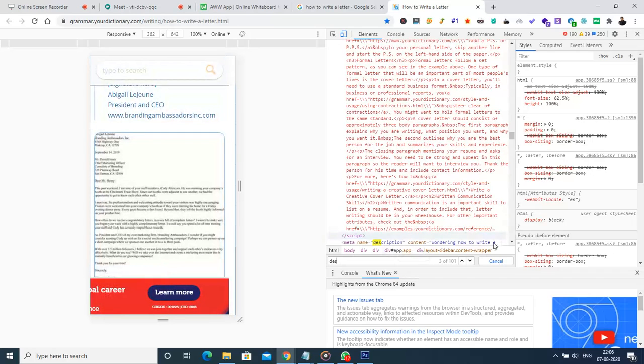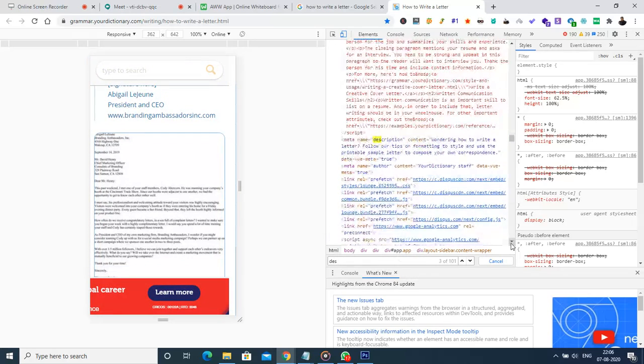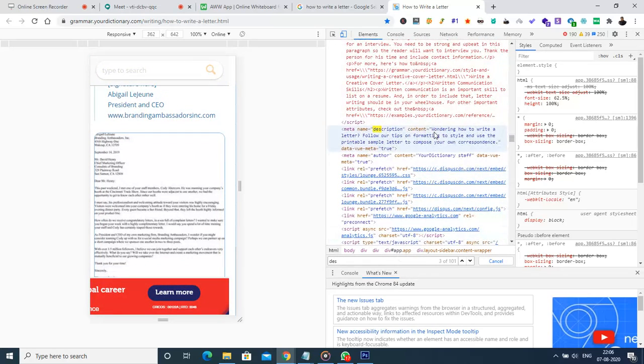Here we can see the content. Wondering how to write a letter, so the primary keyword is there. Then following our tips on formatting and style and use a printable sample letter, and sample letter is a relevant keyword, to compose your own correspondence. That's how they wrote the primary keyword, and then the relevant keyword.